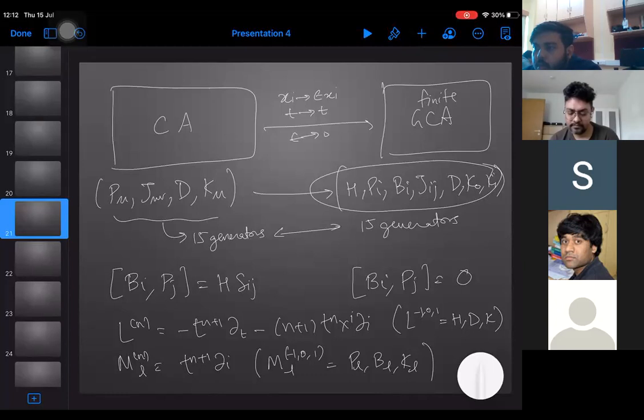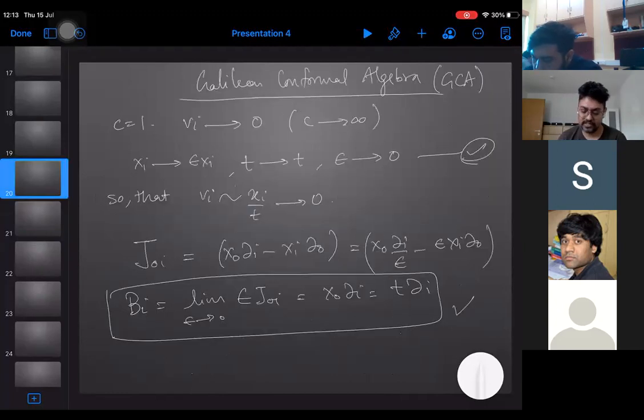So the generators that are there, can you tell me what they are? I understand there are rotations. There's the usual translation. Now you don't have boost. What are the new generators? No, you have boost. The boost is here denoted by Bi. But what do they do in this, if you have a non-relativistic limit? So that's the thing I was trying to say.